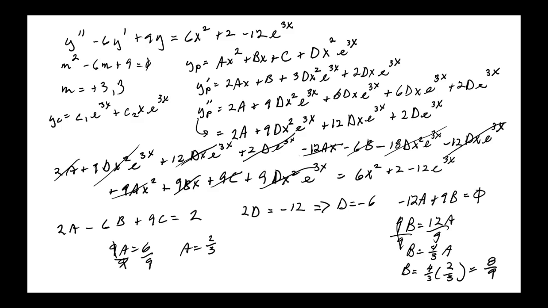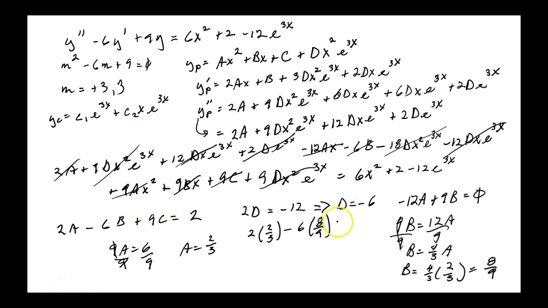Ew, this is ugly, isn't it? Wait, I'm on the wrong problem. Yeah, we're okay. Whew. All right. Now, I'm doing the same thing then. Now this one is 2 times 2/3 from that first equation we have, right? 2 times 2/3 minus 6 times 8/9